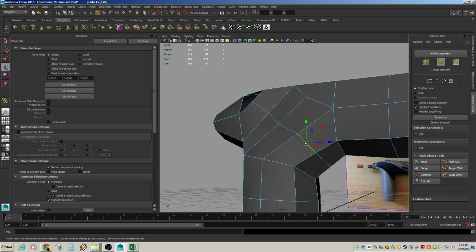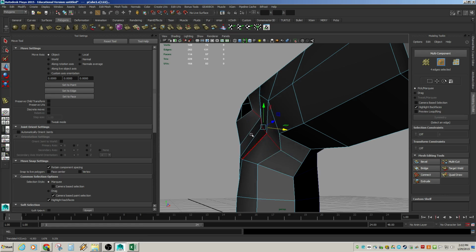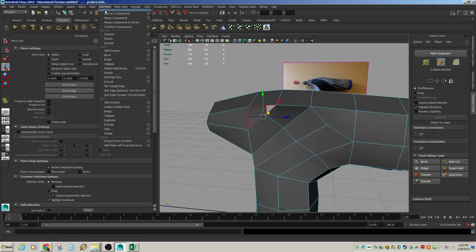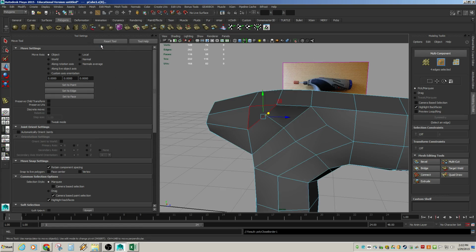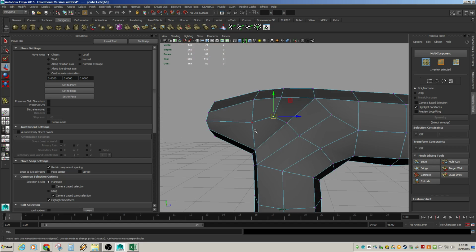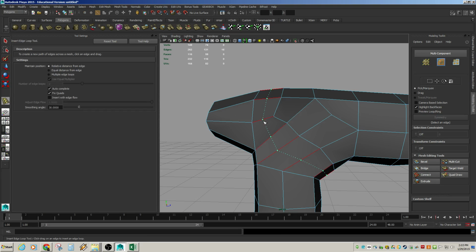And now to fix this weird shape here, I can just fill that hole. Right? I can select all this edge, and go to mesh, fill hole. Right? So that's a little workaround, and now we're actually back at that same topology we were earlier, and I can just again insert another edge loop, and I would take it out the top or out the bottom, or I could do the